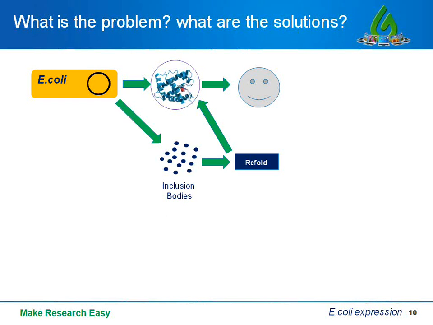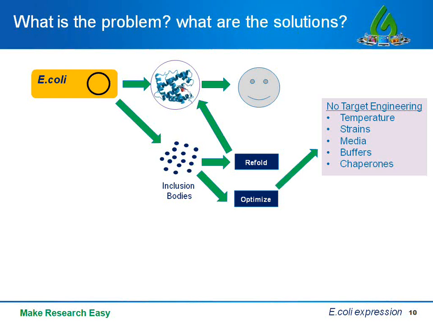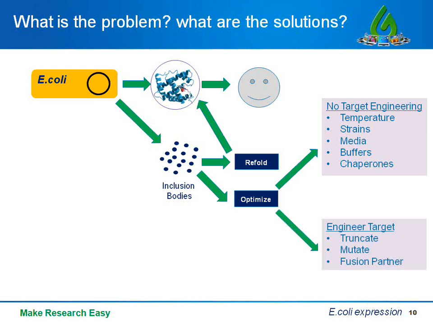Or you could try optimization at the process or molecular levels. At the process level, you could just adopt methods that do not require target engineering. For example, you could play around with the expression conditions, like trying out different strains, adjusting the growth and induction conditions. You could change media, buffers, you could try out chaperone co-expression, and in some cases even improve the cell lysis conditions. As an alternative, you could manipulate your target protein by eliminating the undesirable elements within its sequence by creating truncations or mutating certain amino acids to make the protein more soluble.